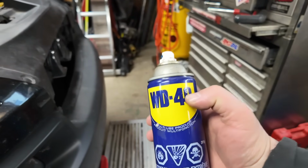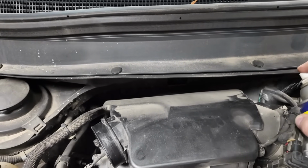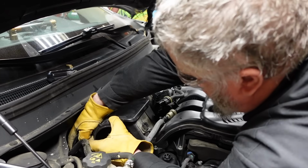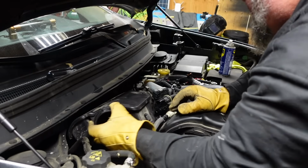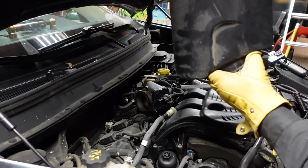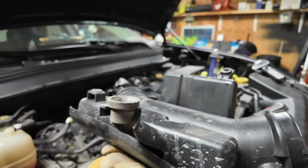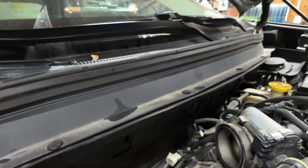Electrical connections, I always like to spray with WD-40. There. This tool works awesome. Come on. There we go. We're out. That was it. You can tell this thing's been apart before. This is broken as well, and it's not a clean, fresh break. Tell you right now,